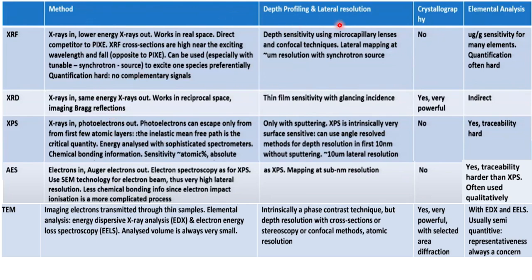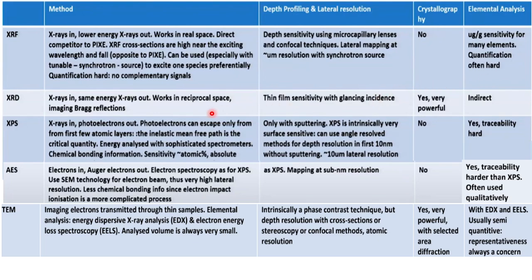And if you check the depth profiling and lateral resolution, XRF has depth sensitivity using microcapillary lenses and confocal technique, and lateral mapping at high resolution with a synchrotron source, but crystallography is not possible through XRF. That means what type of crystal or what the unit cell is, you cannot get from XRF. But elemental analysis you can of course do, even at microgram to gram level sensitivity for many elements, and quantification is